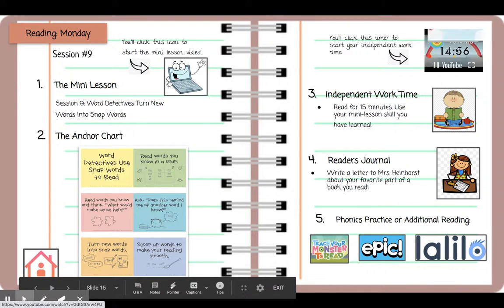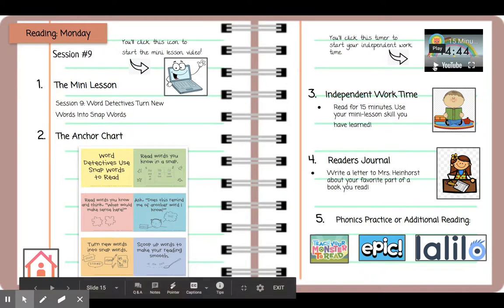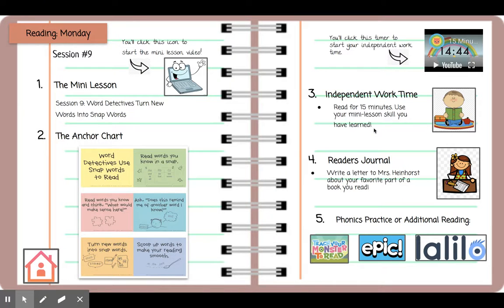When it hits 0, some nice little butterflies and birds are going to pop up and chirp, and they will know that it is their time to stop the reading. That was their independent work time. When they are ready and they have finished their reading and skill building, they will move down to their reader's